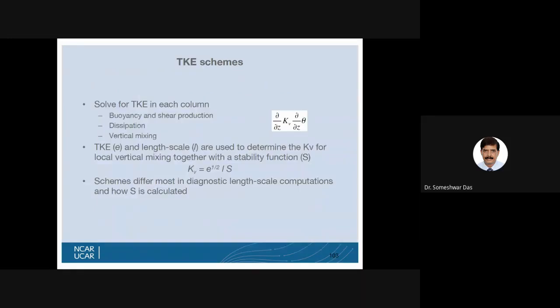And these are the TKE schemes, that is the Turbulent Kinetic Energy schemes, as I said, developed by the Mellor-Yamada category. Okay. TKE schemes are the Mellor-Yamada category schemes, whether it's MYJ, Janjic, or MYNN2 or MYNN3, etc. Okay. Now, in this scheme, as I said, it is a slightly expensive scheme because it solves the turbulent kinetic energy equation for each grid column of your domain. Okay, it uses the buoyancy and shear production, and also it considers the dissipation. It also allows for the vertical mixing.